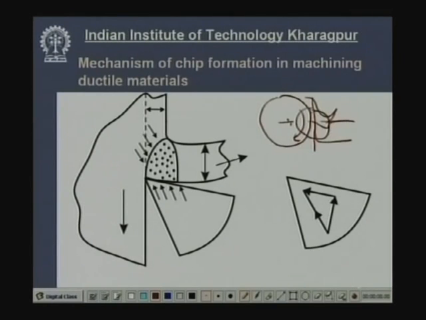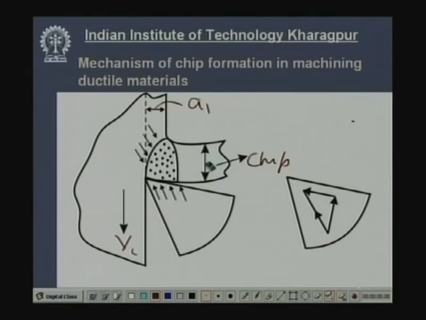Now, if we take only this portion, you can see that this is the cutting velocity Vc with which the work material is coming down, and this is the uncut layer. This is the thickness of the uncut layer, say A1. This layer is going to be removed. It comes ahead of the cutting tool and then goes out in the form of chip. So this is the chip, and this is the thickness of the chip,